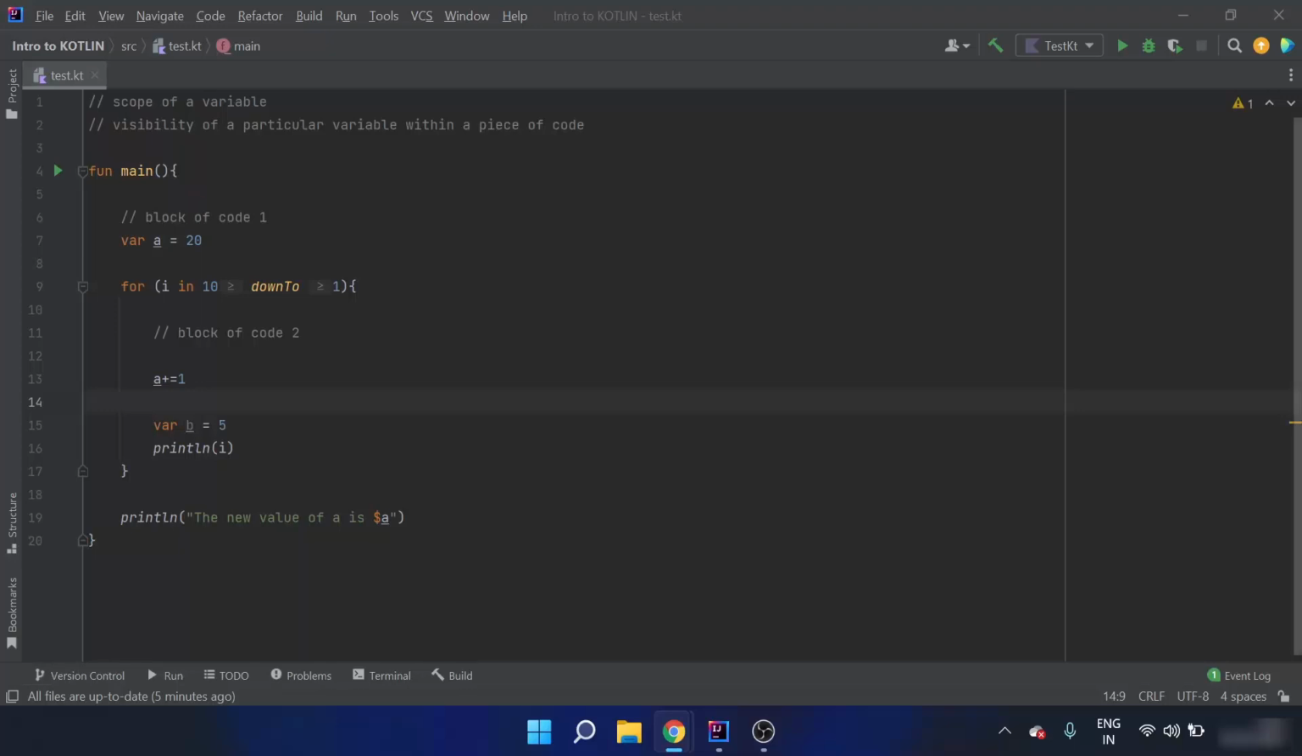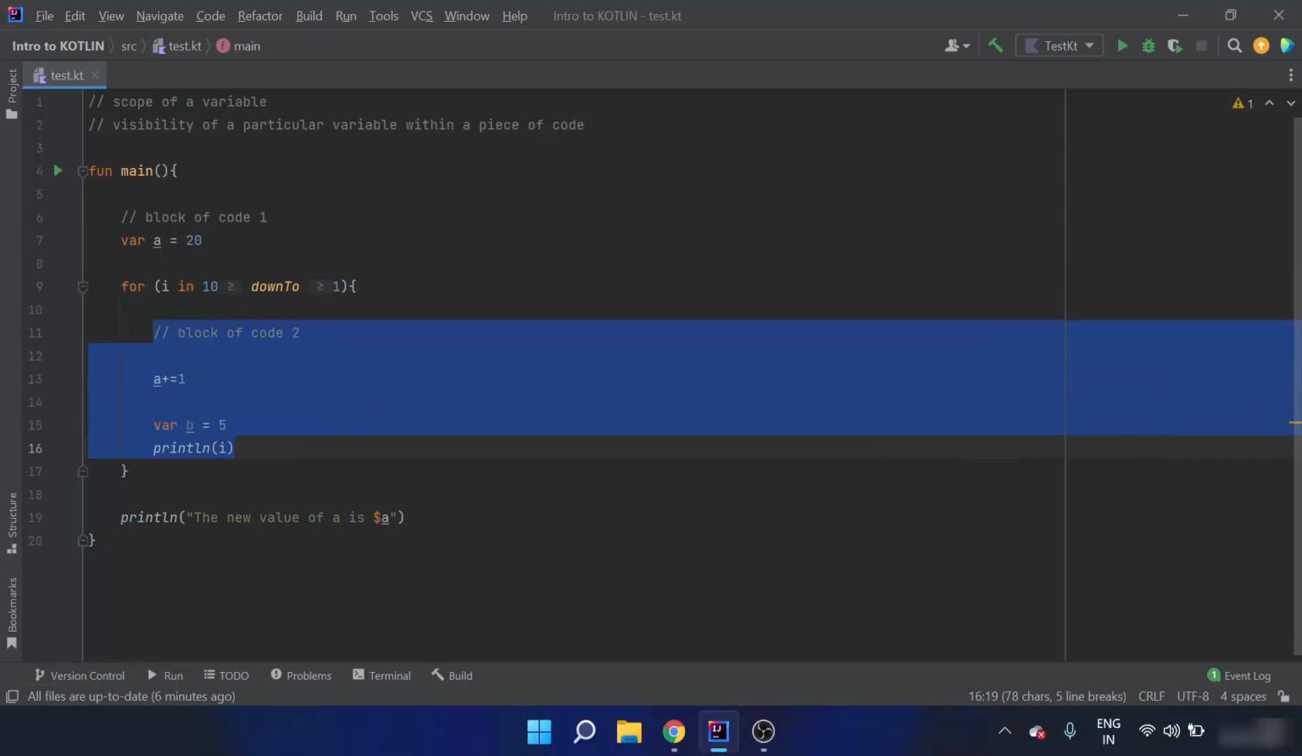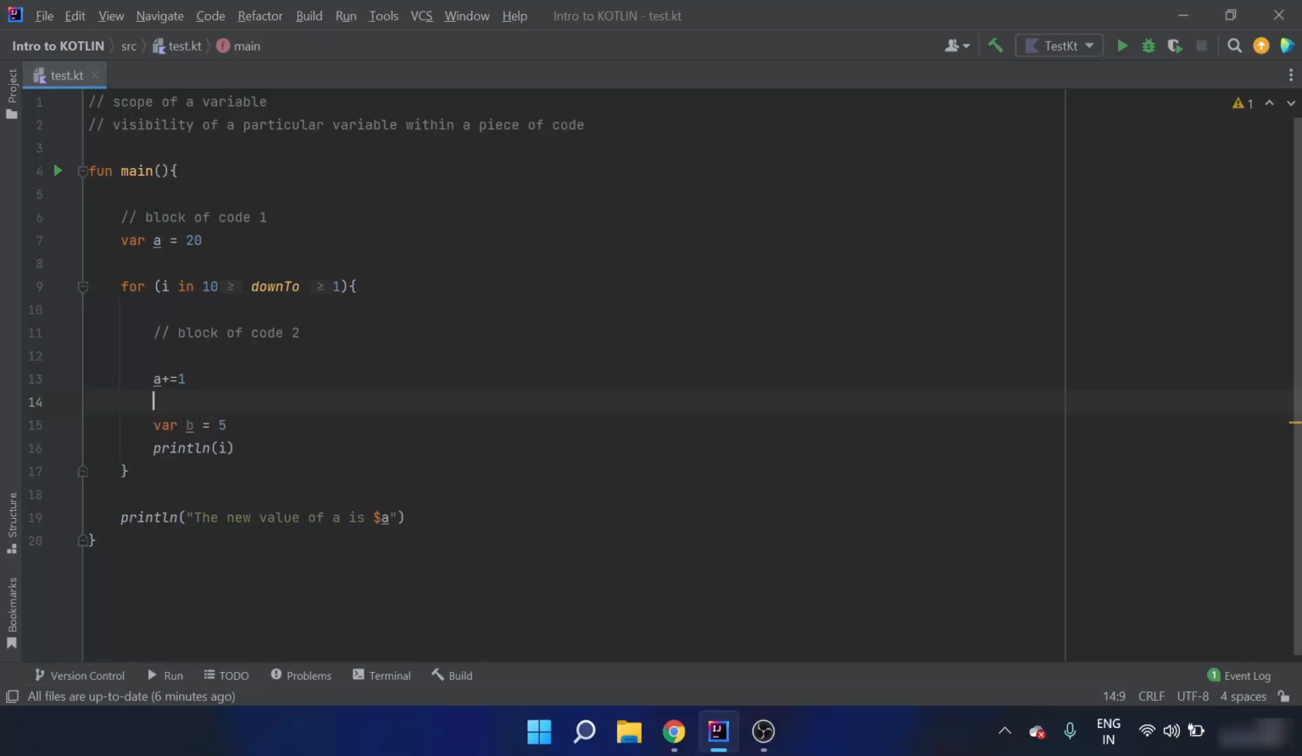So let us understand this with an example. Suppose this is a block of code 1, and then there is a for loop, and then inside the for loop there is a block of code 2. As the variable a is defined in the main function outside the for loop, the variable a is visible to code 1 as well as the code 2. The code 1 is this thing and the code 2 is particularly this thing. Or I can say the code 1 includes this also. So basically the code 2 is the for loop,